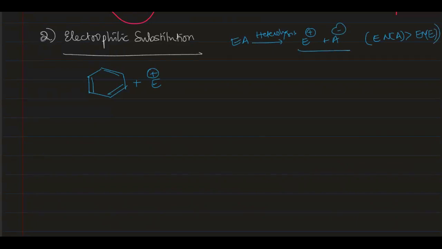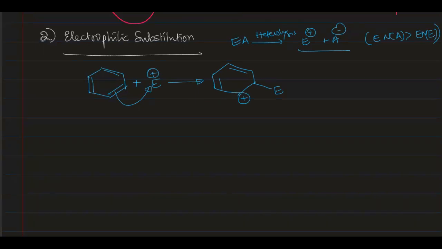So in such case only you get this. Suppose this electrophile happens to interact with the benzene ring, then what happens? This double bond shifts to the electrophile. That means it forms a bond with the electrophile, and when this double bond shifts, naturally positive charge comes on this carbon, so you get positive charge over here, and there is a double bond here.